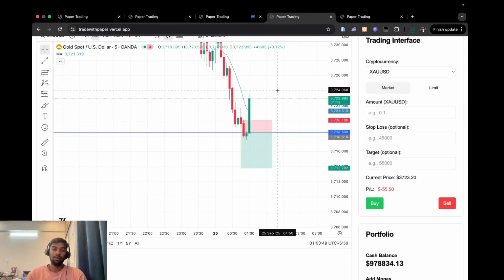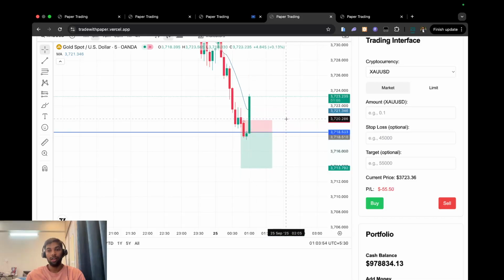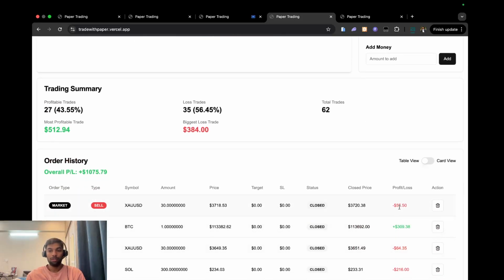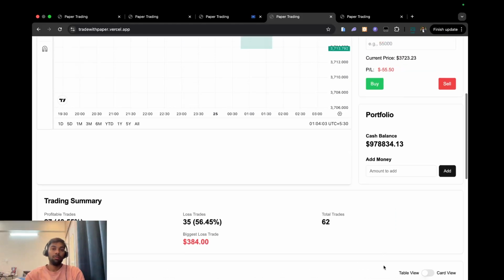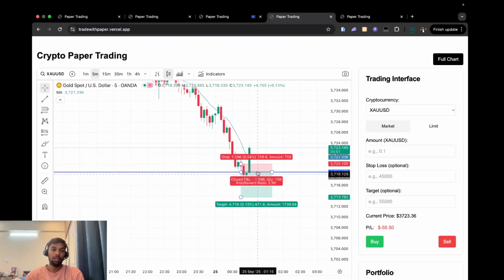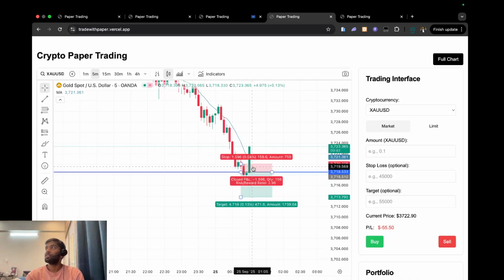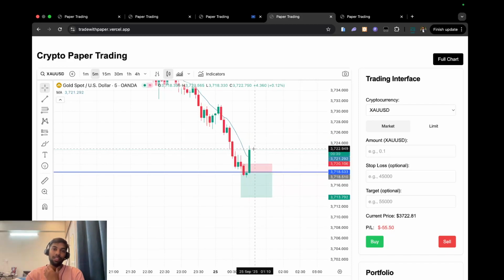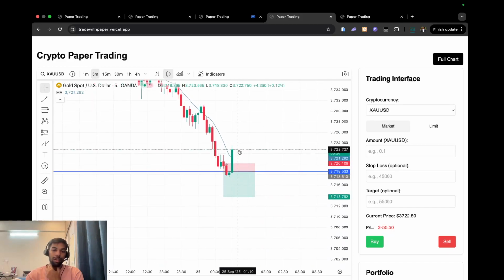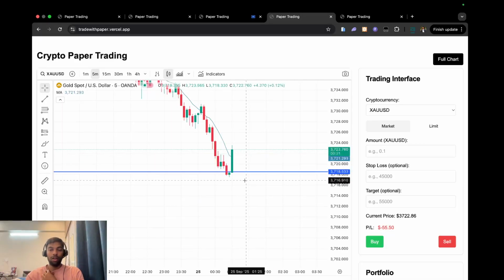In gold, what happened? We got trapped at this point. We have this $55 loss. We have to book this $55 loss because we got trapped. I thought that the market will continue lower lows, but it accumulated all the sellers and just pumped back and took all the stop losses of all the sellers, making this big green candle. Although the market will go in lower lows, we will trade again. We will enter again in gold as soon as we find the opportunity.